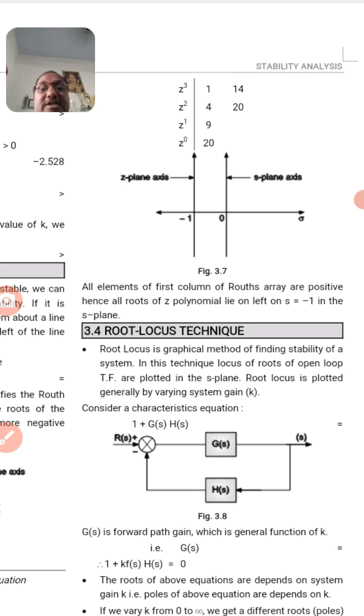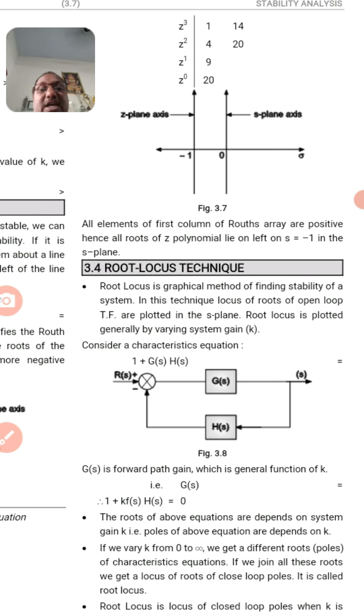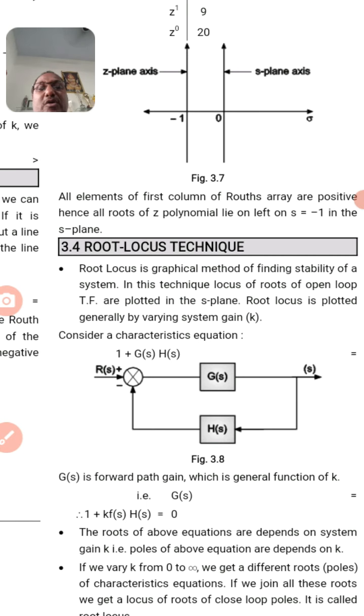the root locus technique. In figure 3.8, you will find a closed loop system. From this system itself, we go to the transfer function equation, and from the transfer function equation we will find out the root locus of the system, so that we will analyze whether this figure 3.8 is stable or not. We will find out stability on paper using mathematical equations, and then we will implement it physically.